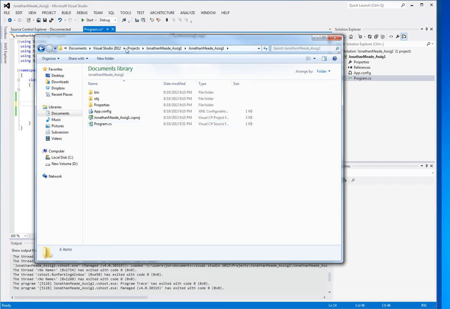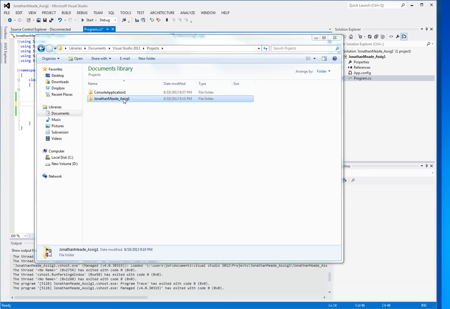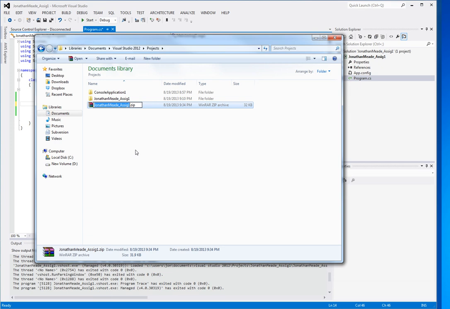But what I'd like you to do is, in this projects folder, just zip this folder up and attach that to Blackboard. So you can right click on it. If you have WinRAR or WinZip installed, you can just create an archive. You can use .zip or .rar. If you don't have either of those, you can just use the send-to compressed, and that will create a zip file for you. And just go into Blackboard